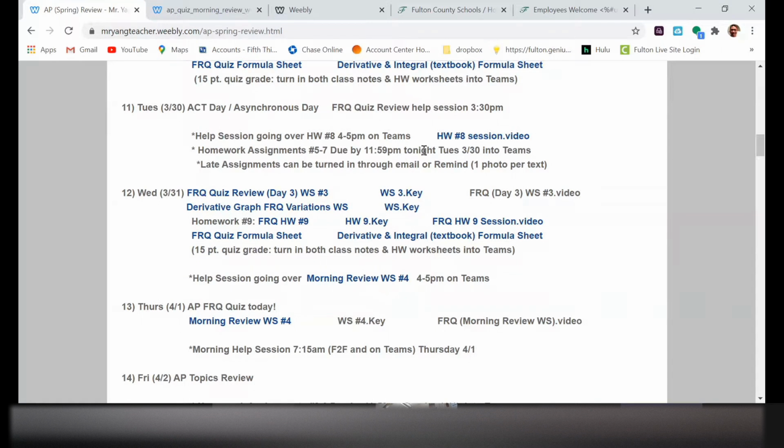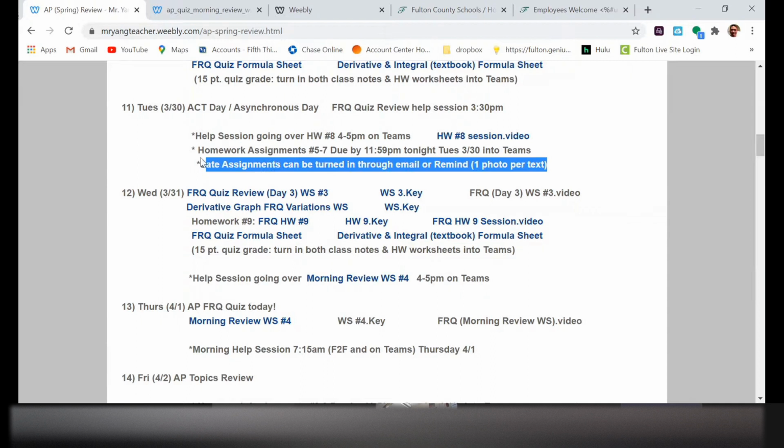Some of the students took photos 2 pages at a time, so they were able to stay within that 10-page limit. For those of you who have not turned it in, I'm still giving you the majority of the credit, so you can just turn it in through email.